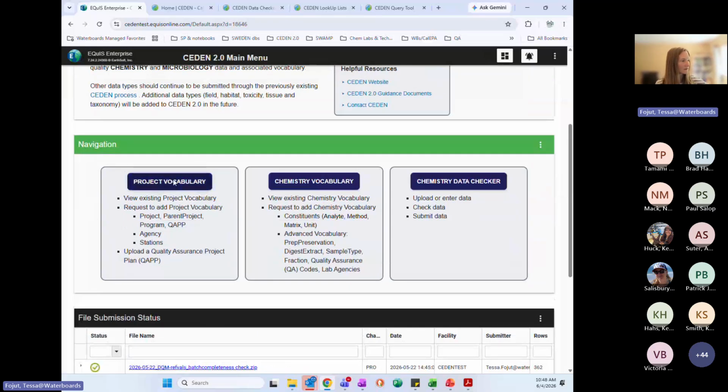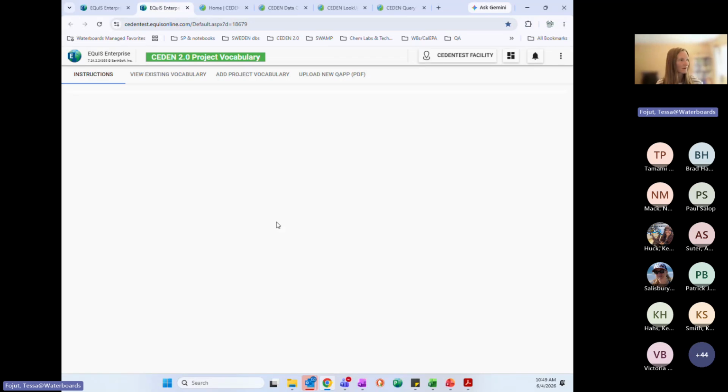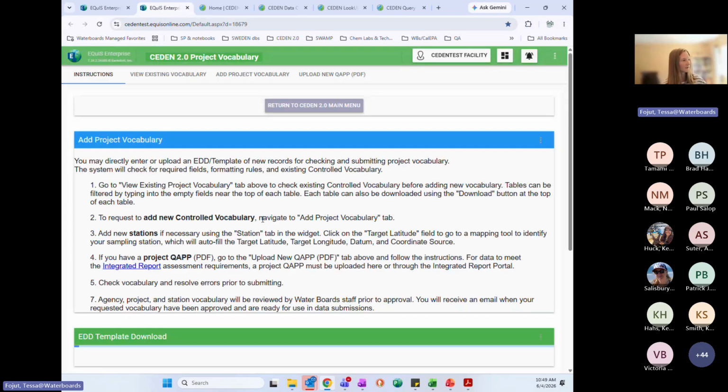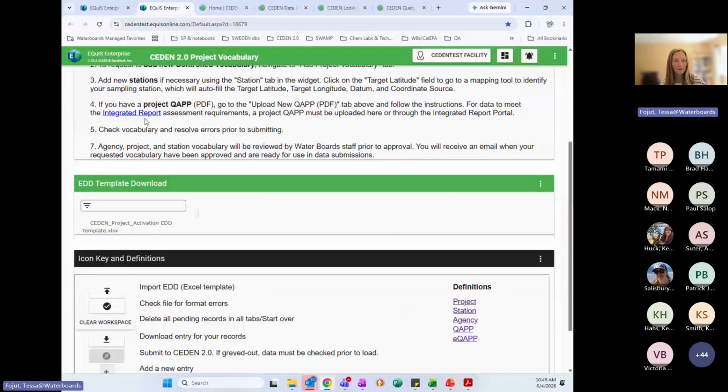So I'll just start with doing a little demo of how to add project vocabulary. This lands you on a little instruction page. There is a little Excel template if you want to fill out, maybe you've got 20 stations you want to add, and so you want to put them in an Excel. So you download that Excel template here.